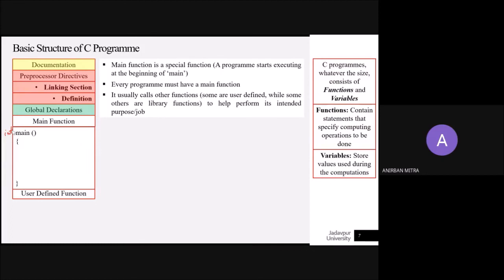You see that the parenthesis is blank. There are no arguments. Through those arguments, values come from other functions to a called function. But as the main function is not being called up by anybody, it does not have any arguments within that parenthesis. So this parenthesis would be blank.